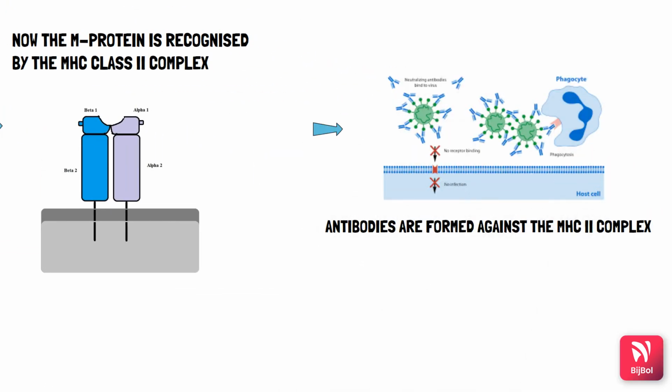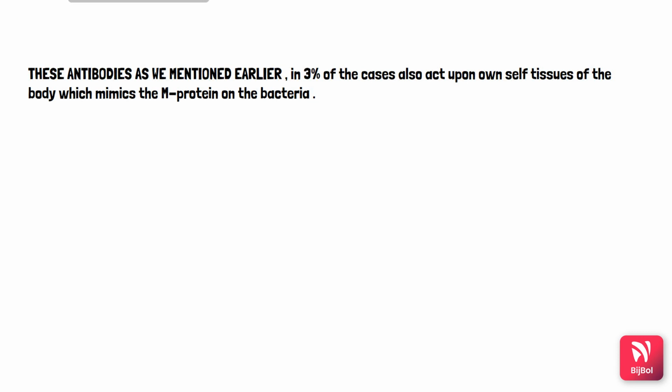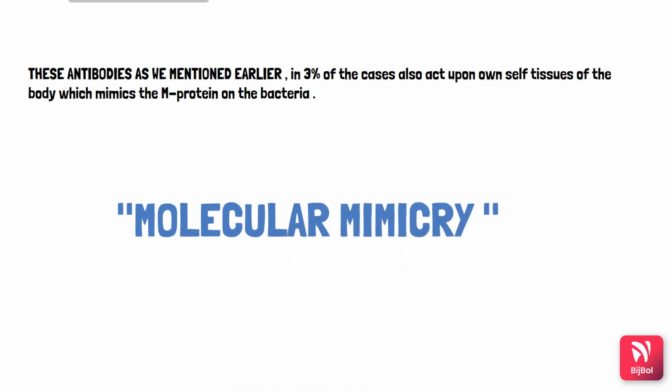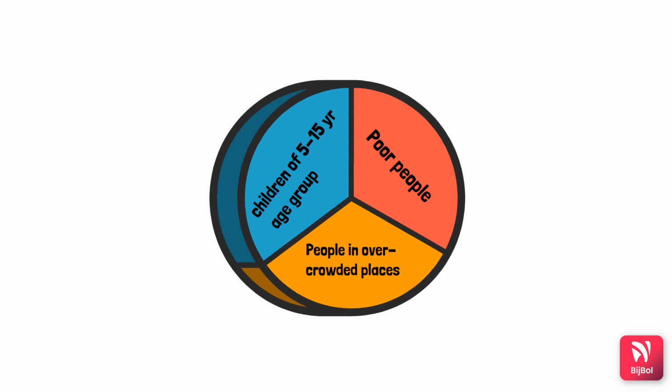In 97% of the cases, the problem resolves. But in 3% of the cases, as we mentioned earlier, these antibodies also act upon the own self tissues of the body, which mimic the M protein on the bacteria. This is called molecular mimicry. Molecular mimicry is when the antibodies formed in our body act upon our own tissues and cause destruction of them because these tissues resemble the proteins on the bacteria. And these 3% of the population generally includes children of 5 to 15 years of age,